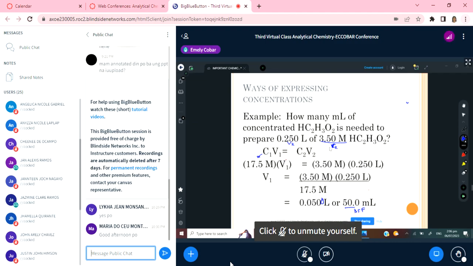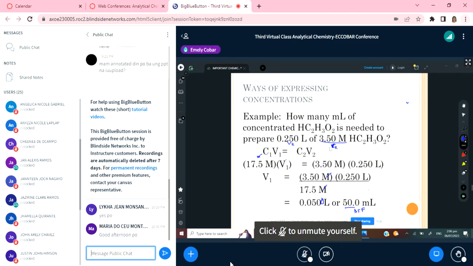Pinapakalculate sila how many ml of the concentrated acid. So V1 is what you're looking for. So substituting now, V1 is equal to 3.50 times 2.250 divided by 17.5. Okay? So cancel yung M. Yan. So, the answer is